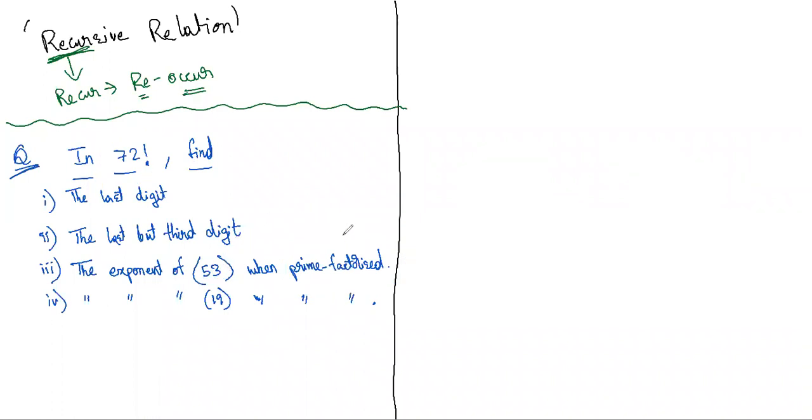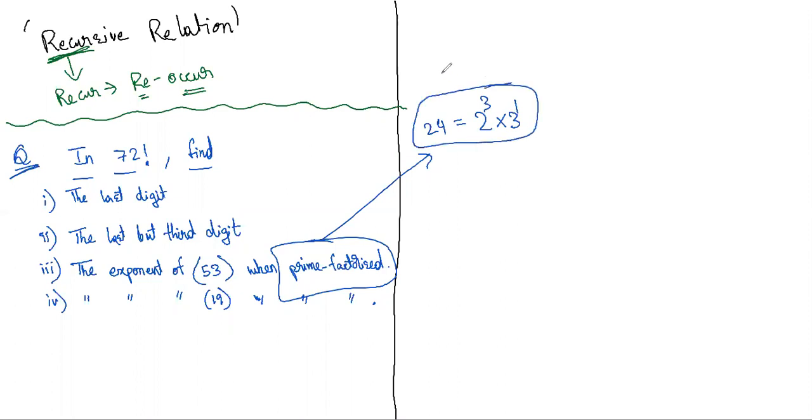How many of you know what prime factorization is? Does everyone know prime factorization? How do you do prime factorization of 24? What is the prime factorization of 24? Sir, 2 into 3 into 2 into 2. That's not how you write it. Sir, 2 cube into 3. Yes, 2 cube into 3. I hope everyone knows this is called prime factorization because we are expressing it in terms of prime numbers. So try this question.